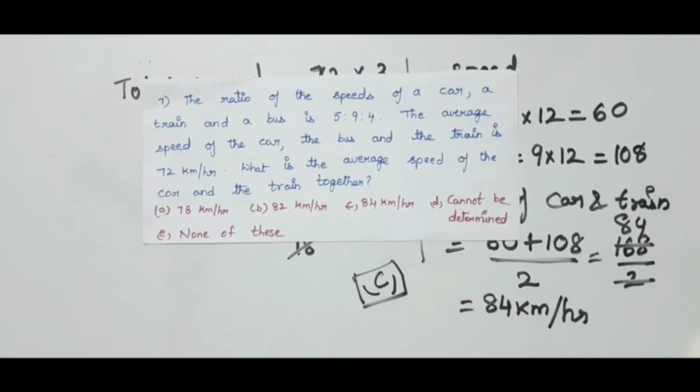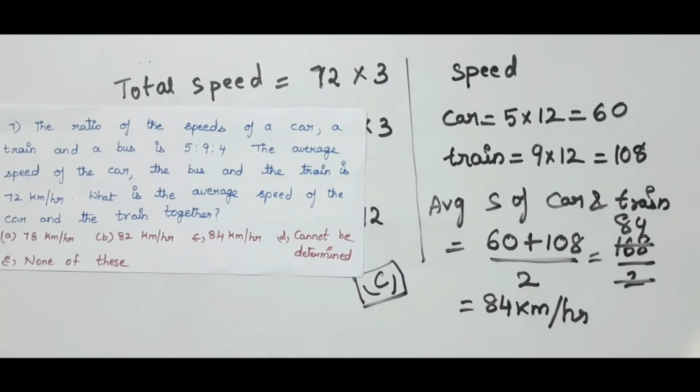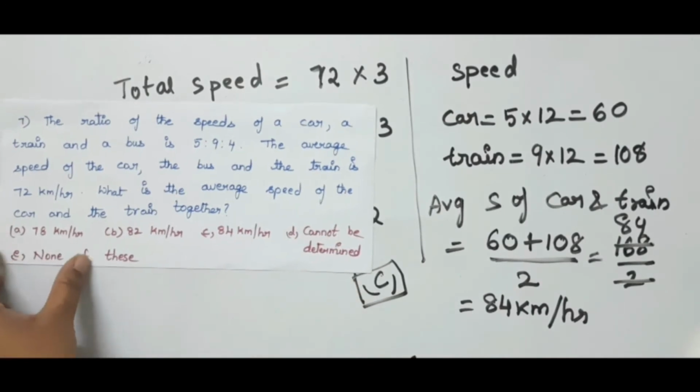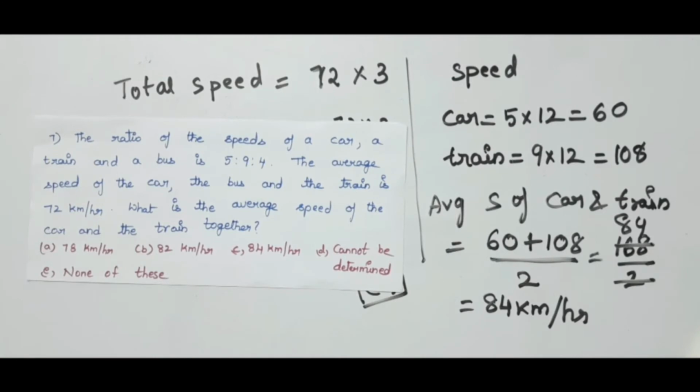So once they give the average speed and ratio of those candidates, then find the total speed and sum of the ratio and find the value of x. Once you get the value of x, you find the required average speed of the candidates which he asked in the question. Here he asked for car and train, is it not? So 2 candidates. So once we got the speed, we can easily find the average of those 2 vehicles, is it not? Here car and train. So 2 vehicles are there. So simply I found the average of the speed of both the vehicles. In this way you have to solve this type of problems.